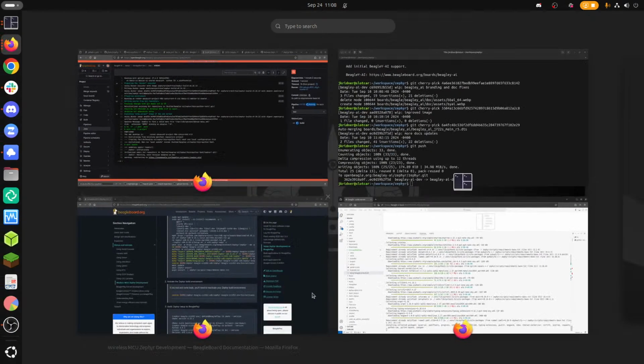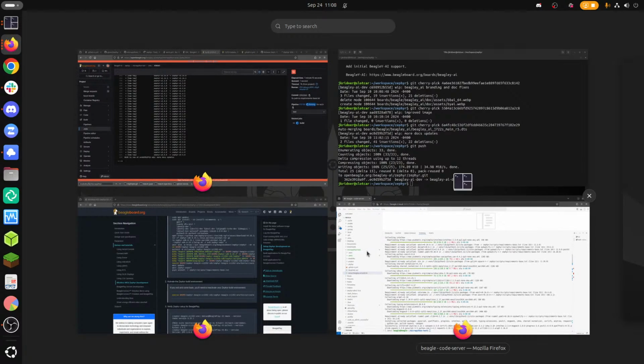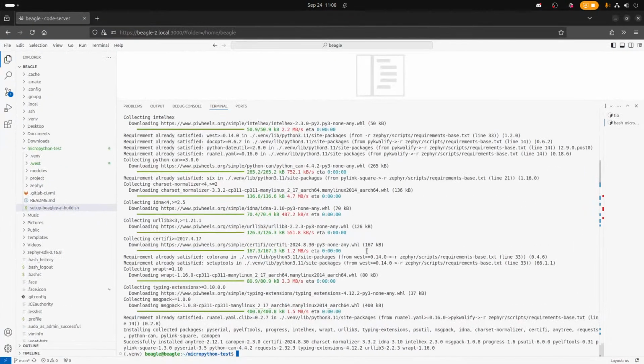After the pip install, then I can do the west build, right? So it's west build. The board name is very forgettable.